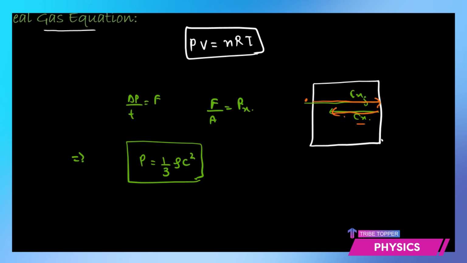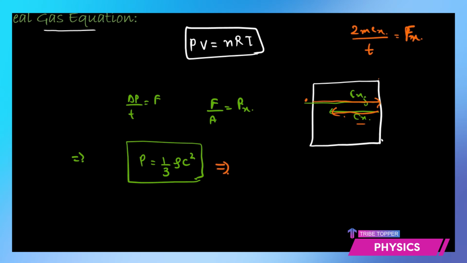So there is a change in momentum which is 2mcx. We divide it by the time interval, and you get the force acting in one particular direction along the x-axis. Then you need to figure out this force over the area of that side, knowing the side dimensions, you can find out the pressure, and the mass of the particles changes into volume, into density. So using all those equations, this is another form of the ideal gas equation we have.